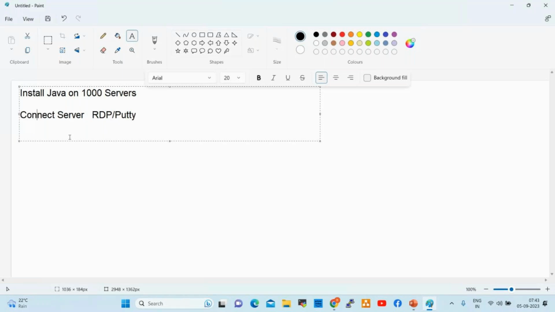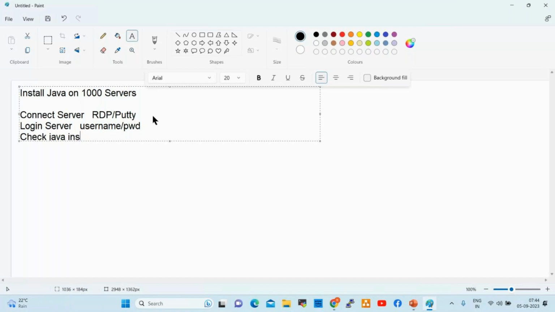Once we connect to the server, we log in using a username and password. Once we log in to the server, we need to check whether Java is installed or not.